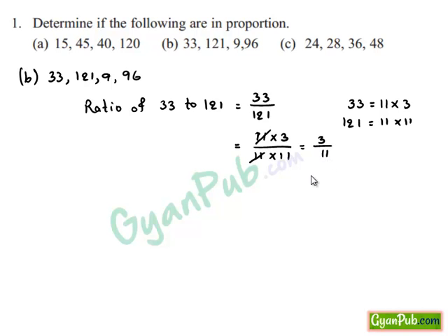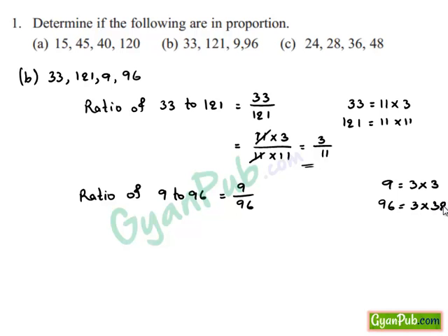3 upon 11. Similarly, ratio of 9 to 96 is equal to 9 upon 96. Here 9 can be written as 3 times 3 and 96 can be written as 3 times 32. So by rewriting this, 3 times 3 upon 3 times 32. Here 3 in the numerator and 3 in the denominator gets cancelled, which gives the ratio of 9 to 96